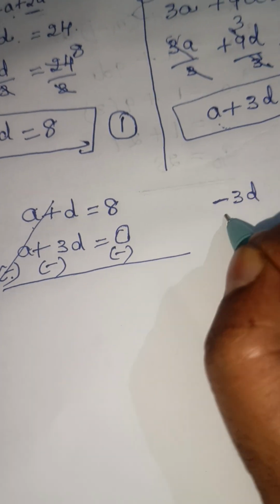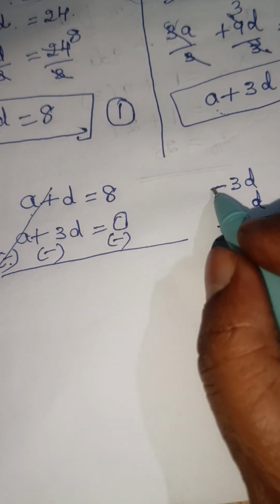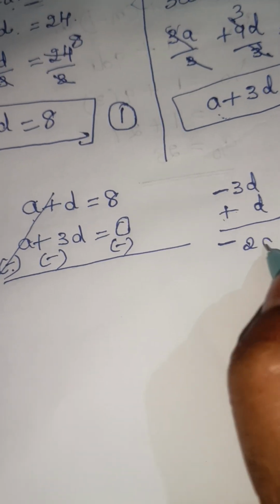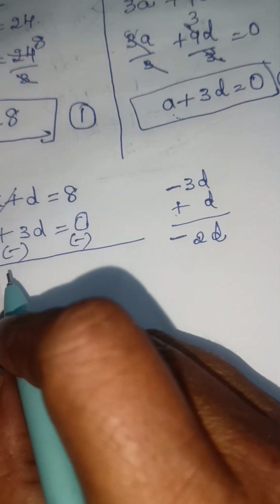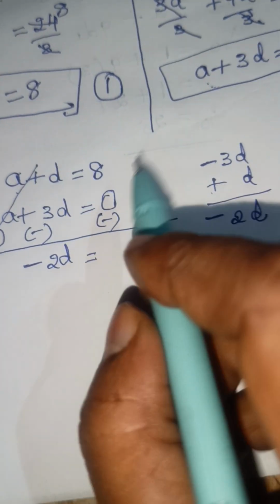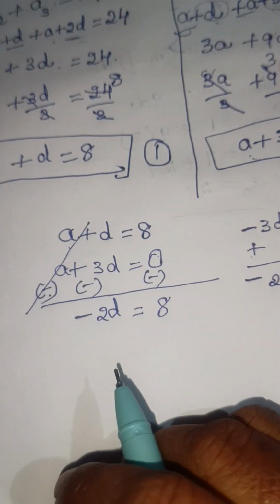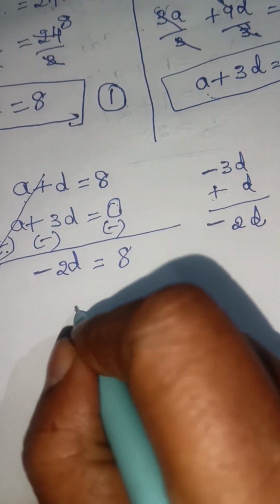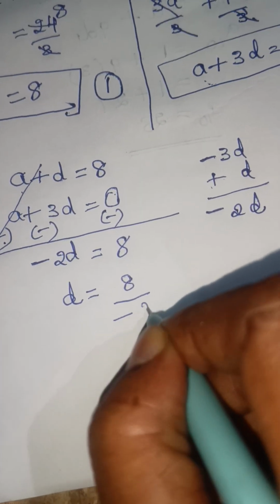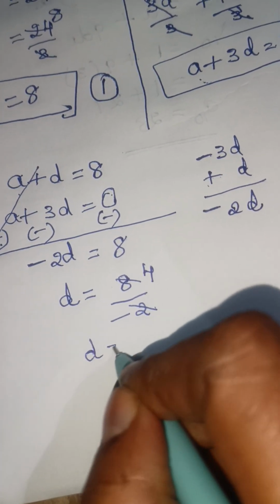So minus 3D and plus D, sign of the greater number. When two signs are different, you have to subtract and take the sign of the greater number. So it will be minus 2D. So here 0 has no value. So what will remain? 8. Okay. So from here D is equal to 8 divided by minus 2. 2 4s are 8. So I get D equals to